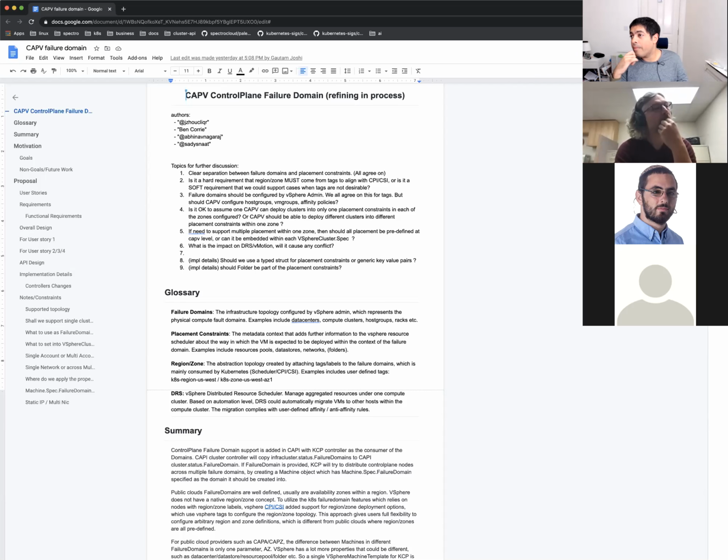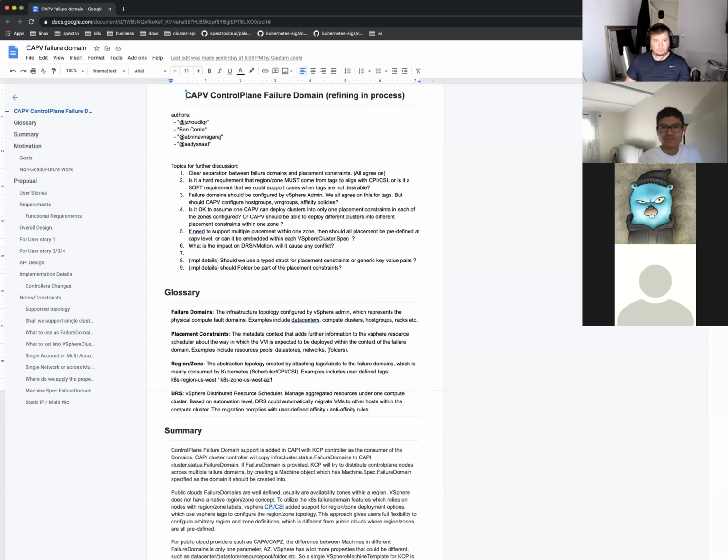Okay, so I would like to add something there. I think there are two ways. Prior to 7.0, there was no compute policy, and after 7.0 there is a compute policy. So what you do is you tag some hosts, and then you tag some VMs, and you define a compute policy over these tags. And that's how it works. But prior to 7.0, you can create a host group, you can create a VM group, and then create an anti-affinity or affinity must or should rule that puts all the VMs in that VM group onto the hosts in one of the host groups.